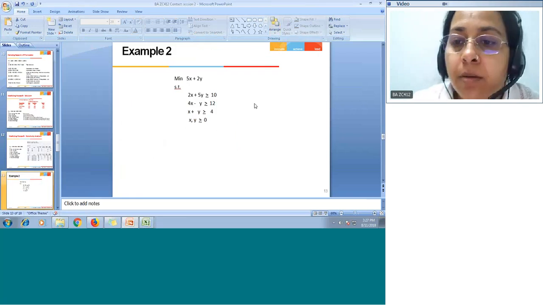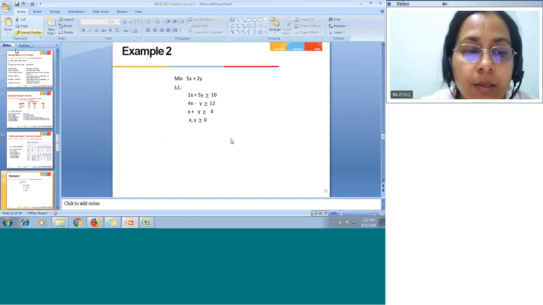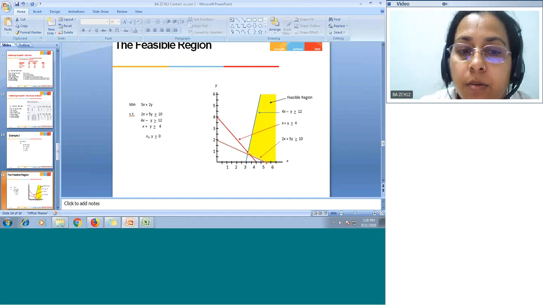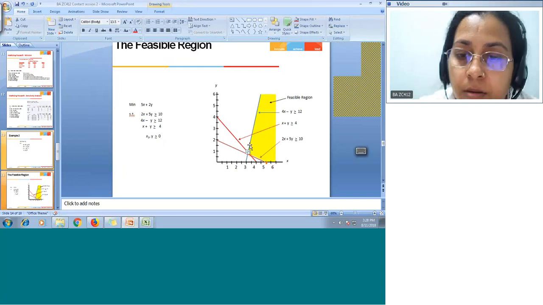So I'm coming to this. In the previous class, we discussed the sensitivity of the objective function and constraint. So here again, if we look at this problem, this is an unbounded region problem and a minimization problem. So we got the minimum point here. At this point, here